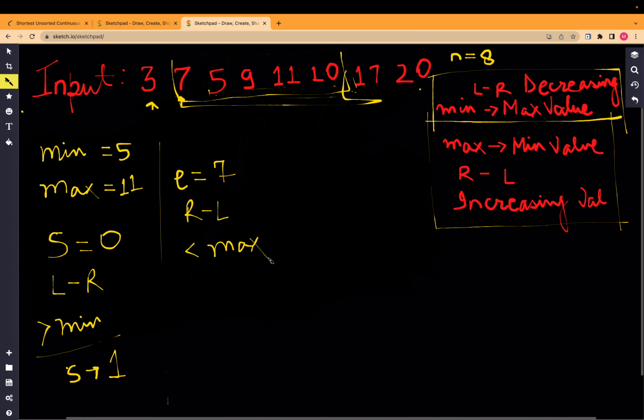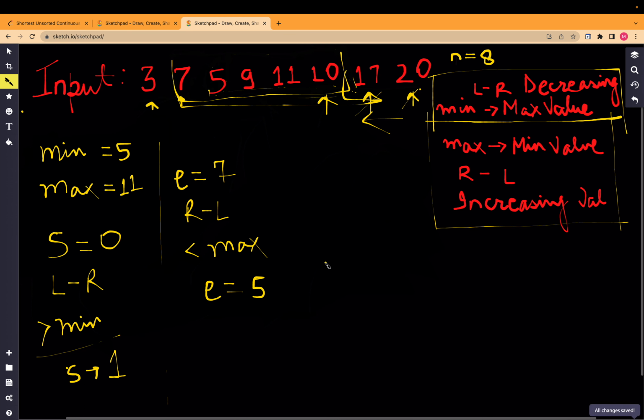I mean the loop will break. So from right to left, is 20 smaller than 11? No. Then iterate. Is 17 smaller than 11? No. Next value. Is 10 smaller than 11? Yes, 10 is smaller than 11. So our pointer E will stop at index 5,